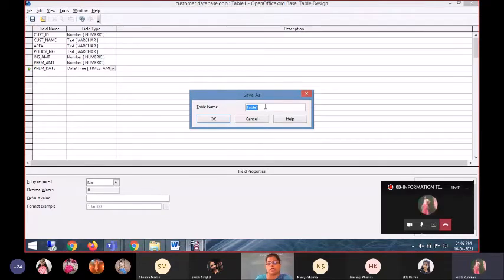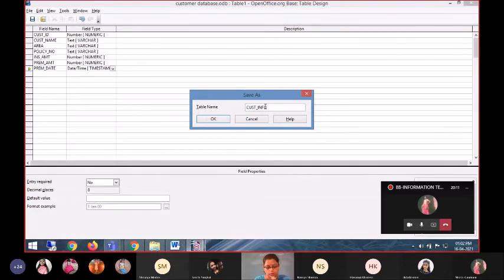Now after saving, we will type the table name because earlier I typed customer database, that was the name of the database file. Now I want to save the table, so I will save the table by a suitable name like customer info.